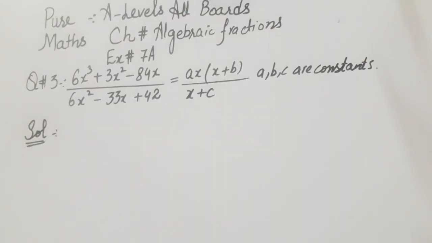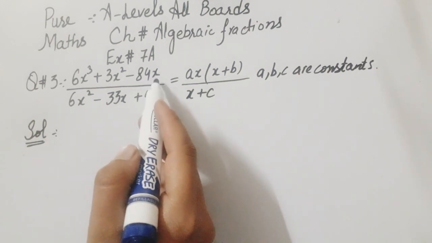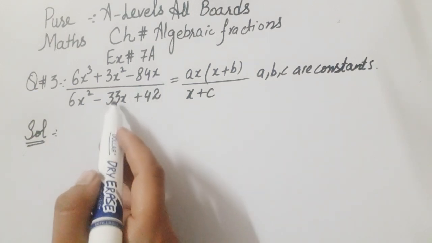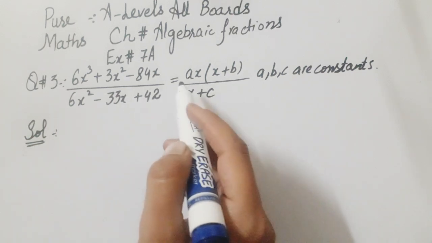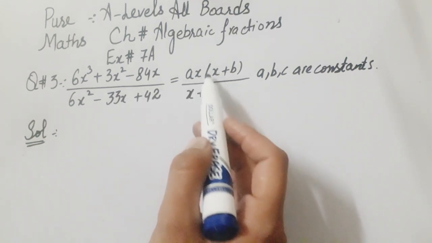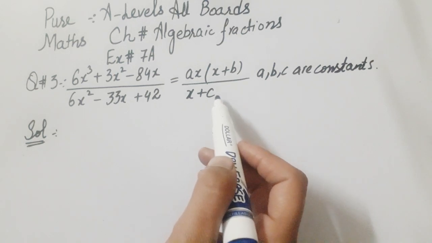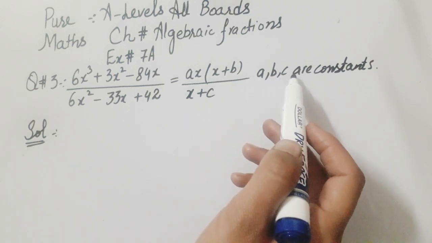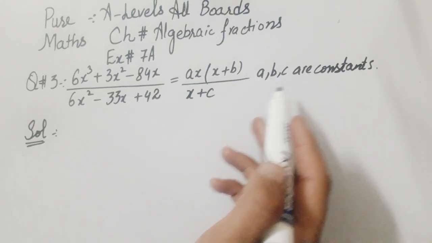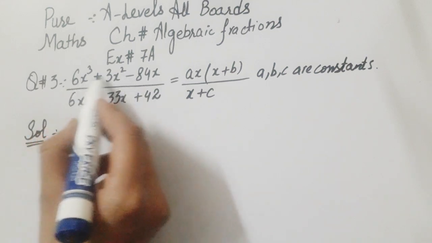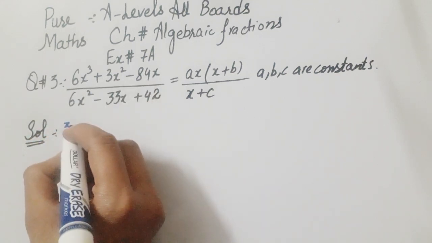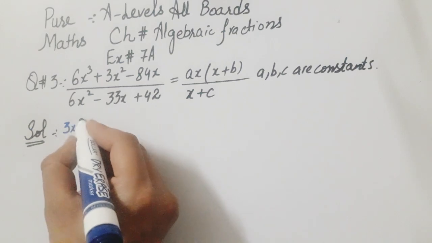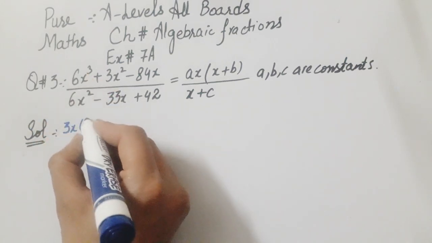Now question number 3 is (6x³ + 3x² − 84x) / (6x² − 33x + 42), and this is equal to ax(x + b)/(x + c). We have to find the values of a, b and c. Now first of all, we will take 3 as common. 3x is common, and the remaining is 2x²